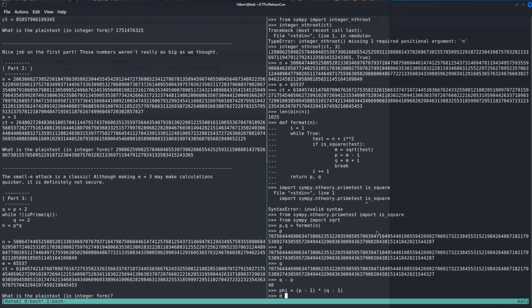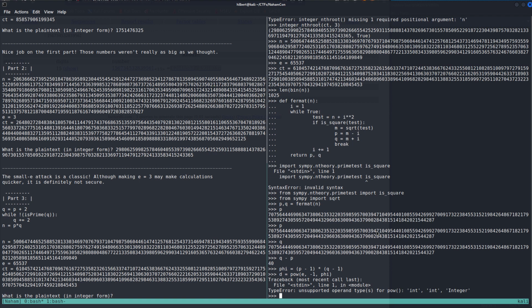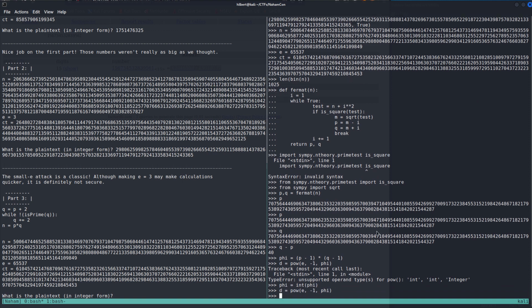And we know that D is equal to the inverse of E modulo phi. Oh yeah, that simply returns an integer instead of an int. So we are just going to say that phi equals int phi, and then we can do that. And now we know our plain text is equal to our ciphertext raised to the power of D mod n,